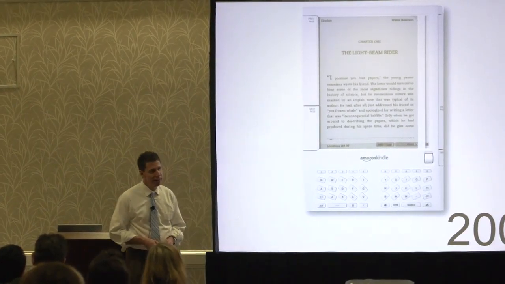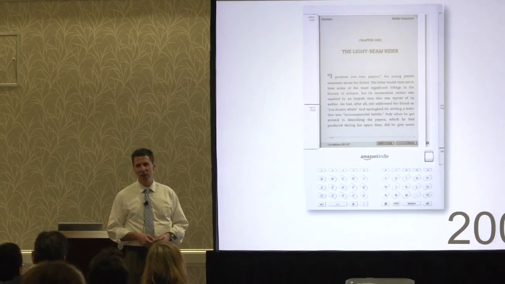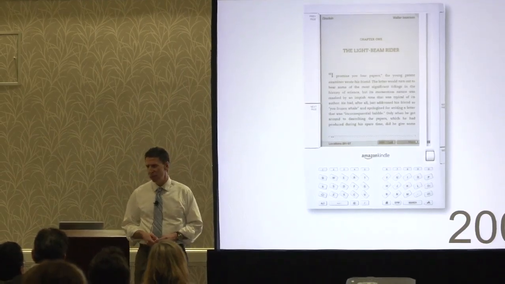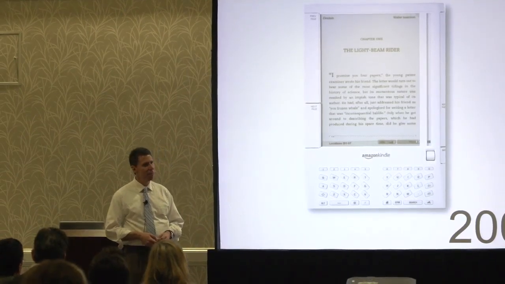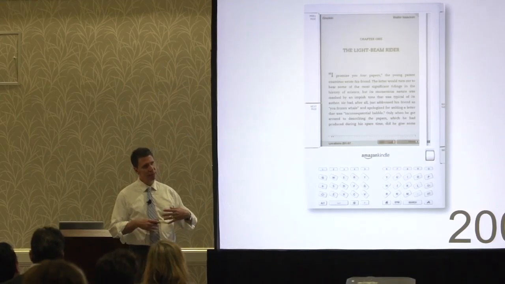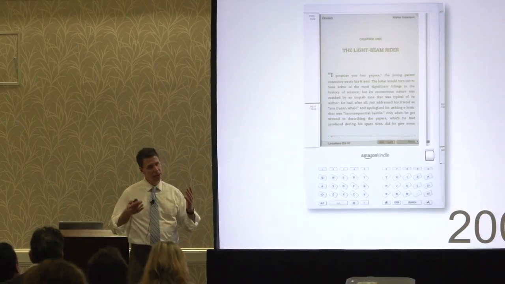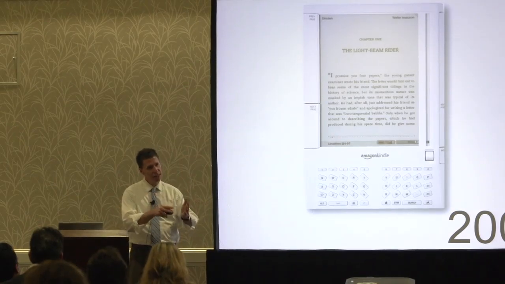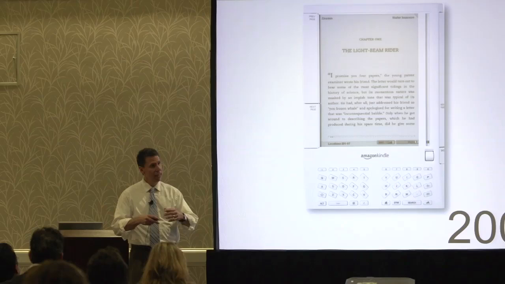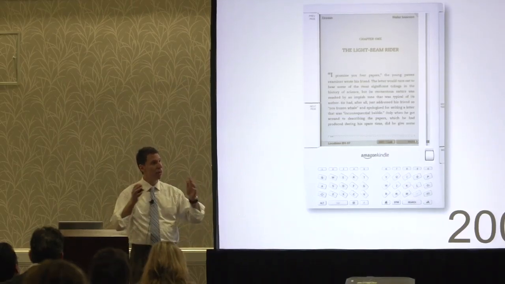So at that point I started thinking hard about, okay, if the Kindle isn't the future of textbooks, what is? And I started thinking about what's the best way for me to acquire information online? Well, I like Wikipedia a lot. I like the ability to go and read about a topic, click into the topic, into related areas, and kind of develop this body of knowledge around a subject.